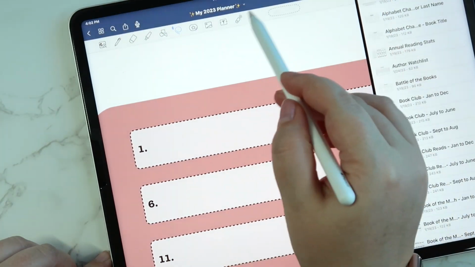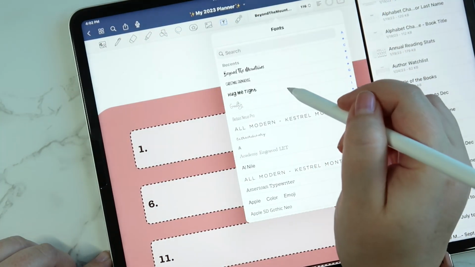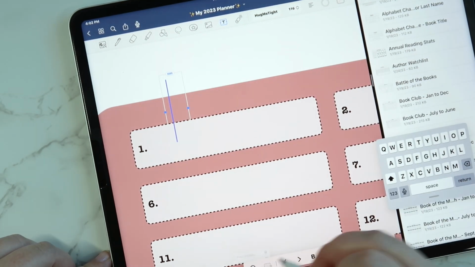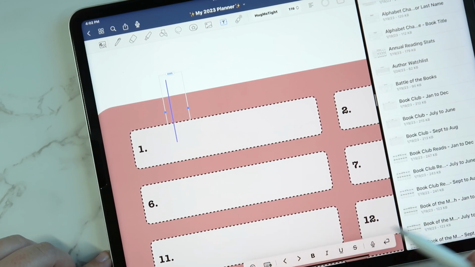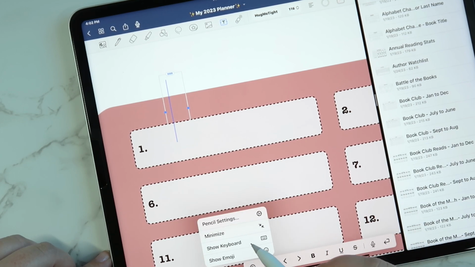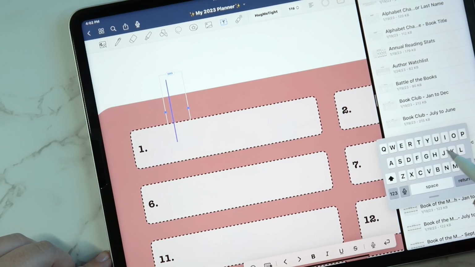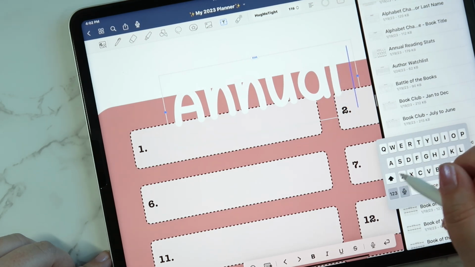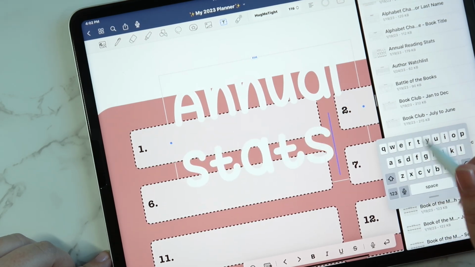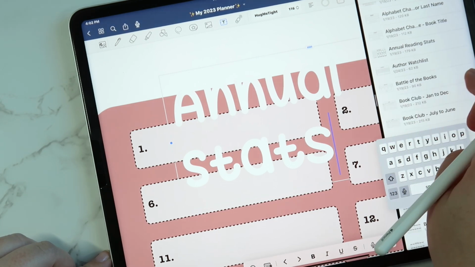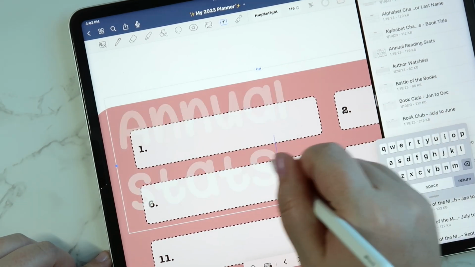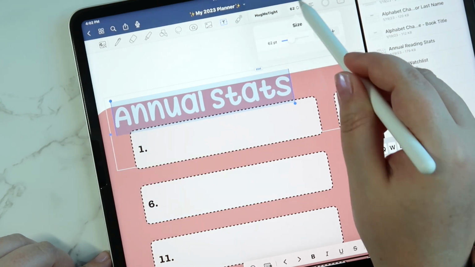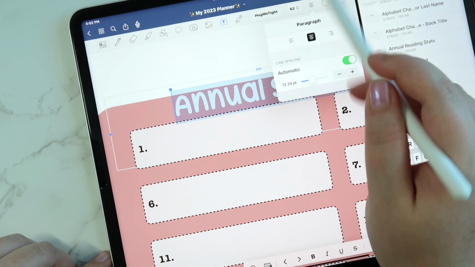So I'm gonna take my text tool and I'm gonna use Hug Me Tight, and we'll do, here we go, with this keyboard situation. There's gotta be a way to change that in your settings and I just need to figure it out. But okay, so I'm gonna do annual stats, and I am going to make that much smaller. So make that smaller. I'm also going to center it,